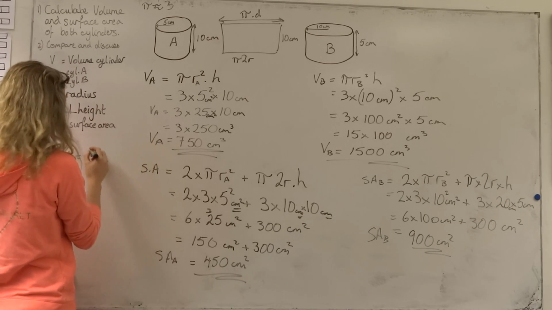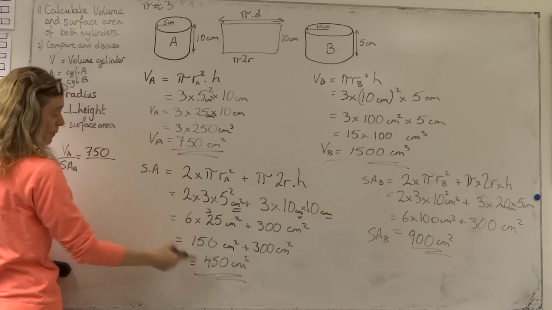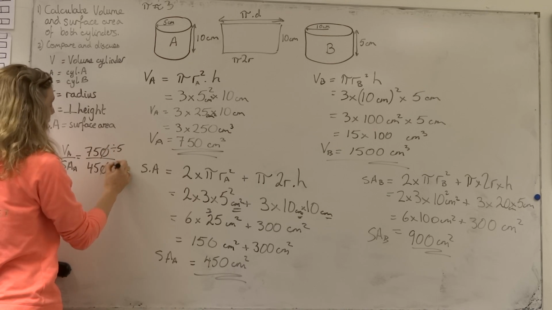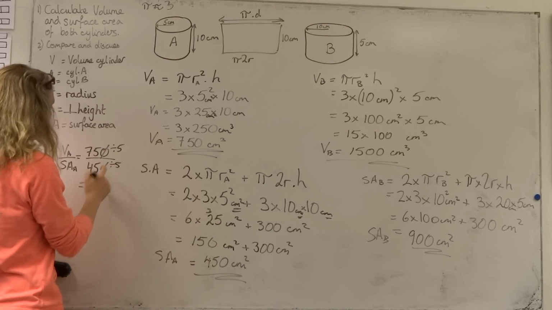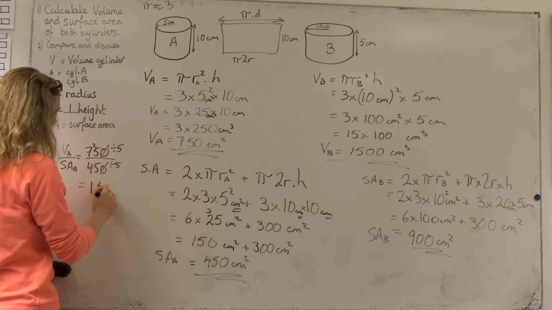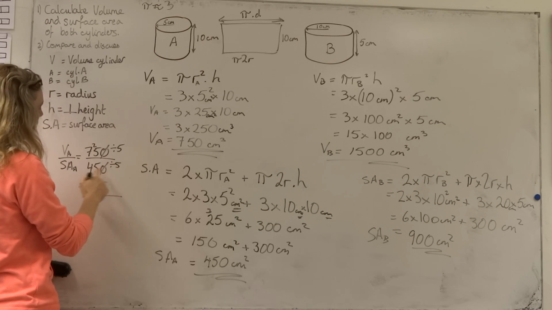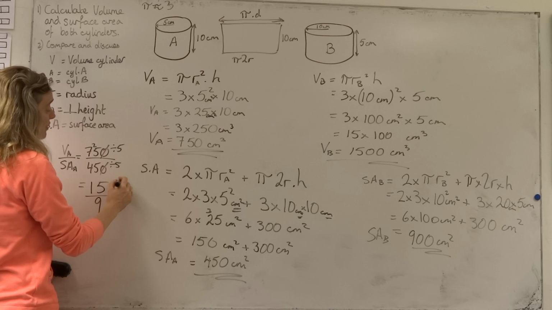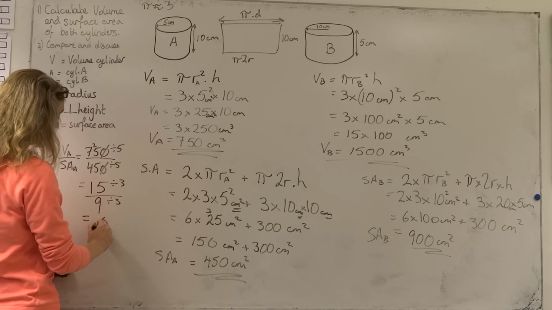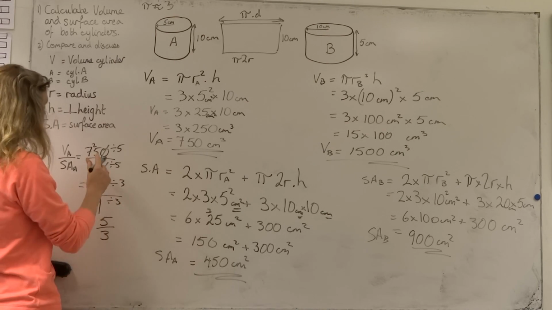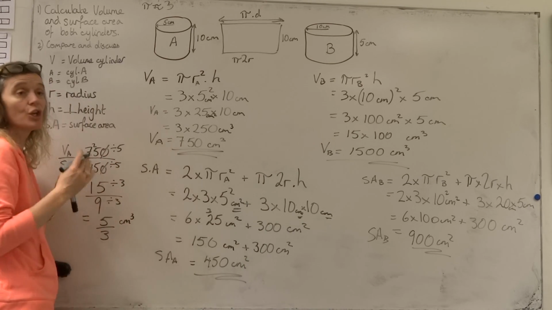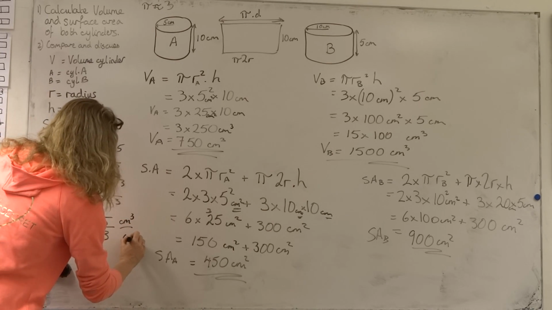So if we were to do that, we'd get 750 divided by 450, cancel the zeros and divide top and bottom by 5, because that's a nice easy one to do, isn't it? 5's go into 7 one time, 2 left over. 5's go into 25 5 times. On the bottom, 45 divided by 5 is 9. We can now divide again by 3, because top and bottom divide by 3. So we get 15 divided by 3 is 5, 9 divided by 3 is 3. So the ratio of the amount of volume we get 5 centimetres cubed of volume for every 3 centimetres squared